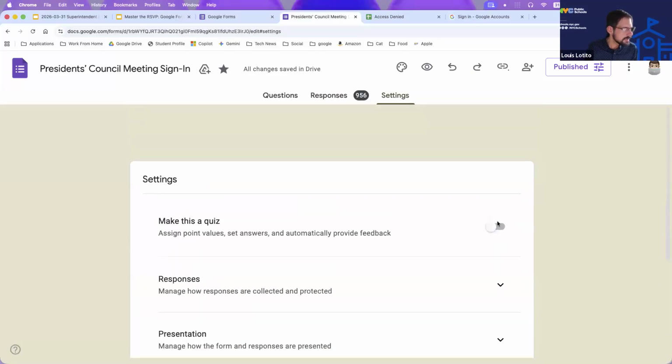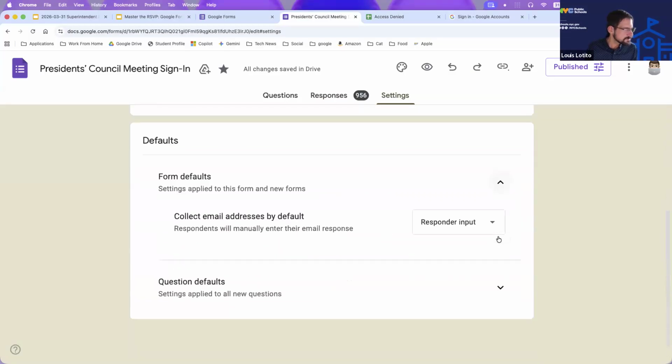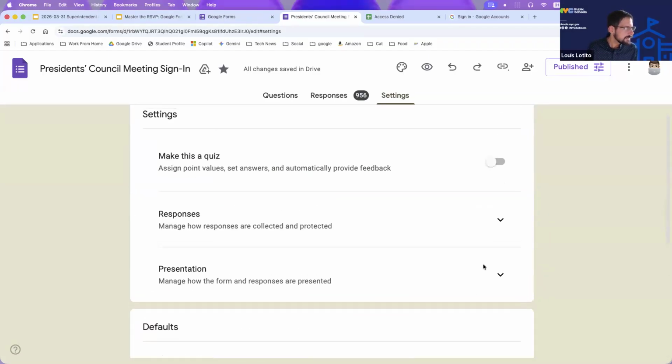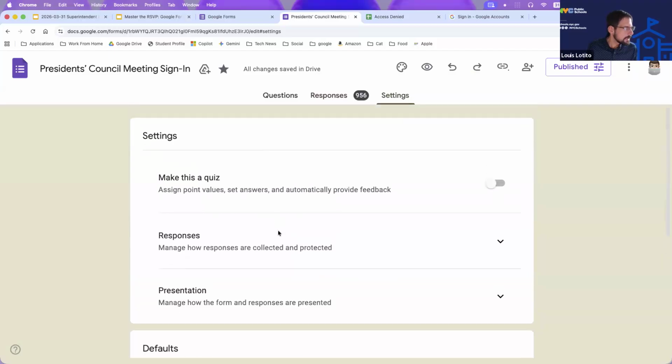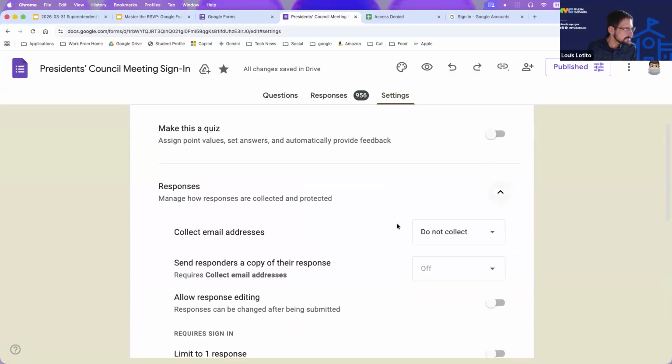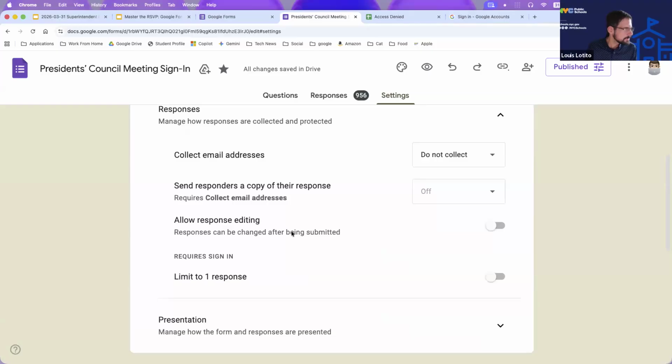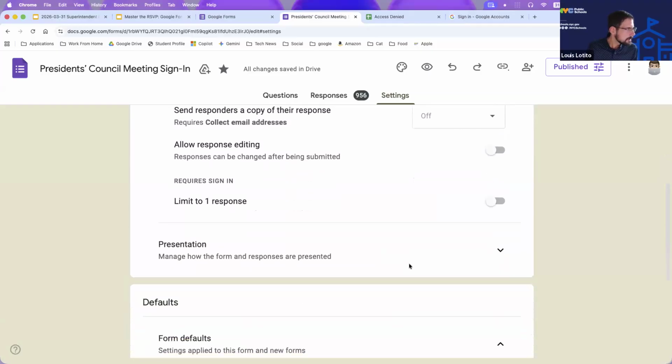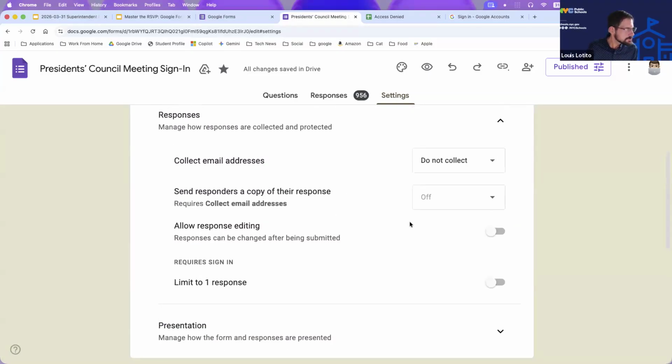So if we go into the form defaults, you'll see here we're collecting an email address and responses. We talked about response editing, which lets people change their responses.